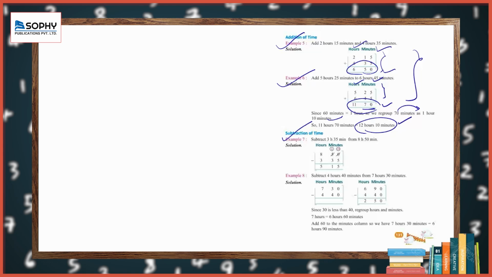Now let's look at the subtraction of time, students. Here we are subtracting time in both cases. Firstly we make a column of minutes, then a column of hours, again a column of minutes and a column of hours. So here the difference we get is 5 hours 15 minutes. Here the difference we get is 2 hours 50 minutes. Since we know that 30 is less than 40, we will regroup hours and minutes, and after that 7 hours is changed into, very good students, 6 hours, and here we will get 60 minutes. So we have 7 hours 30 minutes, that is equal to 6 hours 90 minutes, and then the answer is